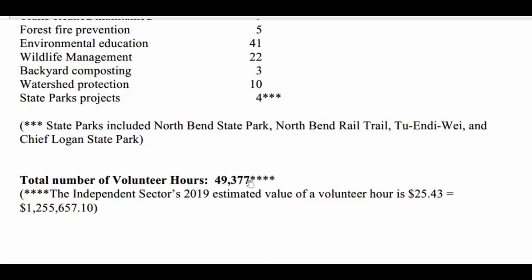49,377 total volunteer hours. So that estimated that we saved the state over $1 million with the volunteers, of what they did throughout the year of their volunteer hours, on what it would cost the state if we didn't have those volunteers. And then I also wanted to show you a copy of our districts